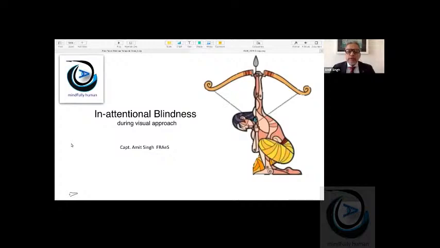It has to do something with our attention. So, what is attention? Attention is basically a behavioral and cognitive process of selectively concentrating on a discrete stimulus while ignoring other perceivable stimuli. So, when we are focusing our attention on certain things, we are basically directing all our focus on one thing, though that possibly could eliminate other things from our visual field.